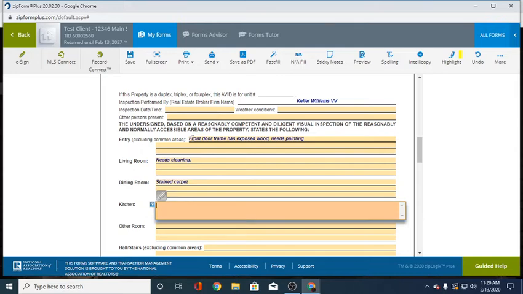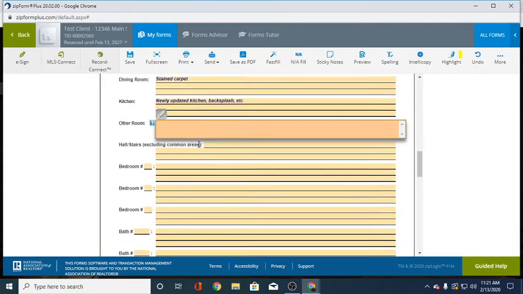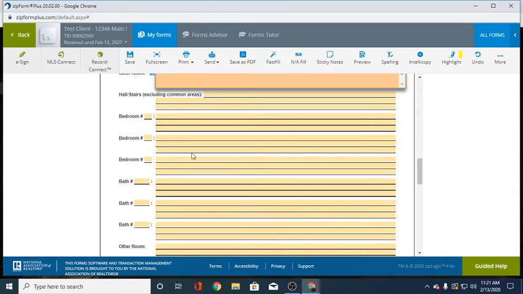Some agents put in there things that have been changed, like the tile. Yeah, so for example, in the kitchen, let's say they've updated the kitchen, you can say newly updated kitchen, backsplash, etc. I'm just doing it for this, but so you go through and you do your bedroom 1,